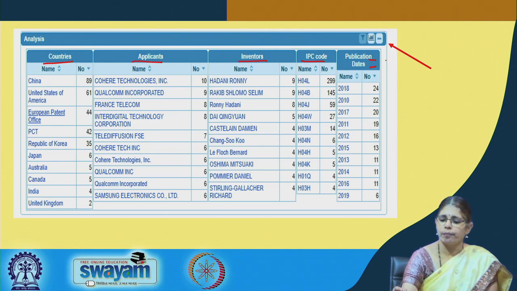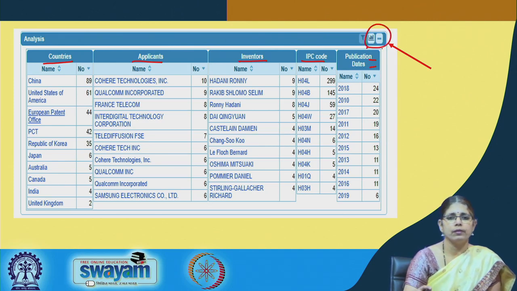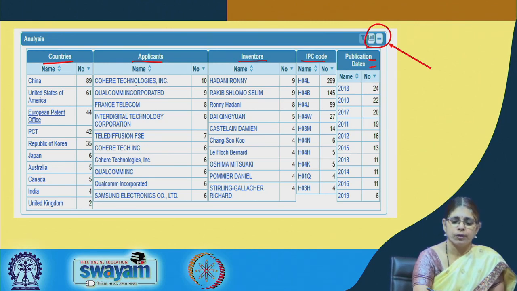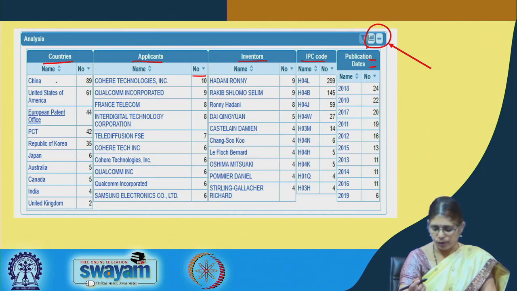So, what you can do is you can actually look at either utilizing the chart formation or the pie diagram formation to analyze this data and understand the spread of the data in relation to a given data point. It is either the country, applicants or any of these. Now, what you see in the column beside the name is the number, similarly for each of that country name and the number of patents in relation to each of those countries.